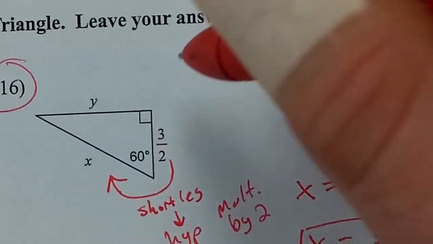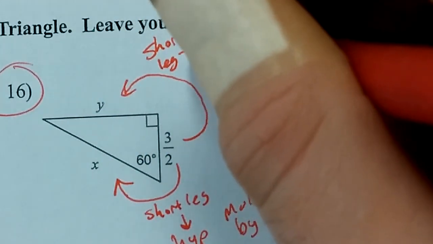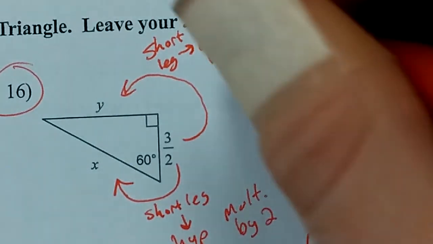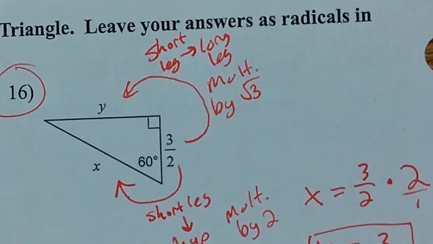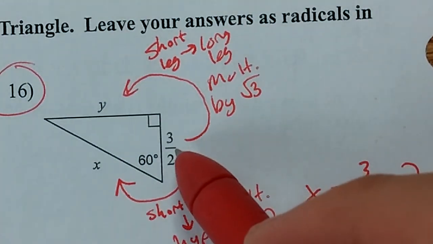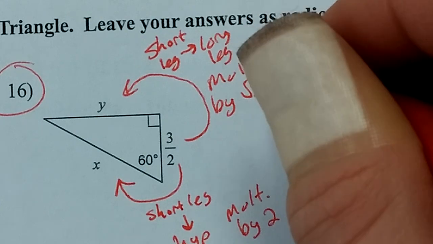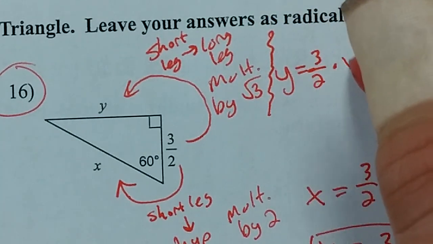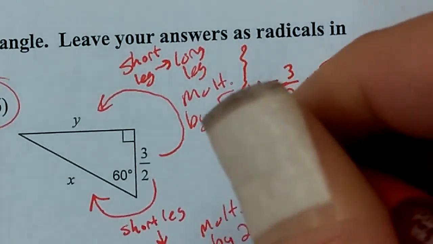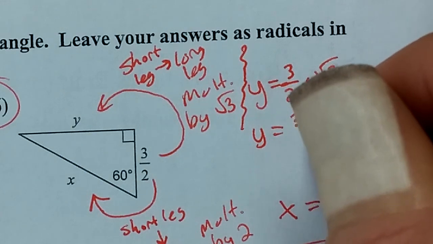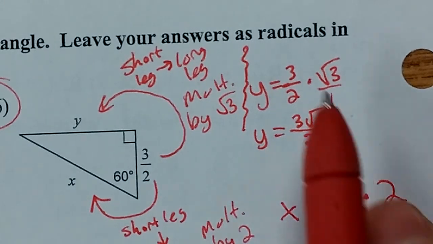Now in this direction, short leg to long leg, your diagram says to multiply by root 3. So since I know this is my short leg, 3 over 2, y is going to be equal to 3 over 2 times root 3. This is really root 3 over 1. So your resulting fraction is going to be 3 root 3 over 2 times 1, 2. These 3's